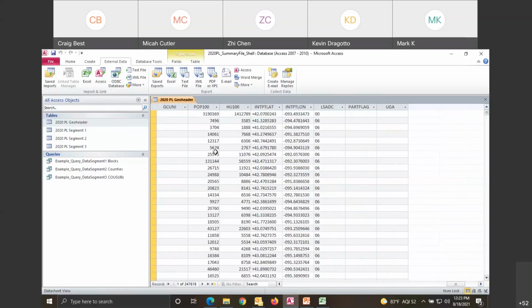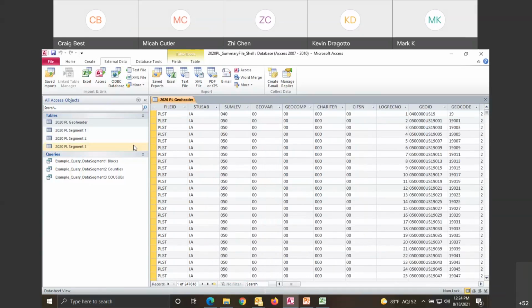And I continue on out and I see POP 100 and HU 100. This is the population count from the 2020 census. This is the housing unit count. So the 100 is kind of a legacy file name or field name, but for our purposes, it gives you the population and housing unit count for those records.